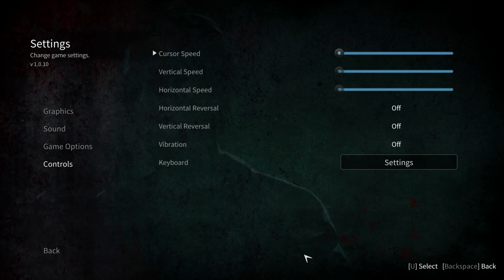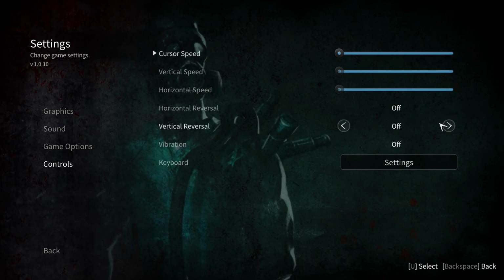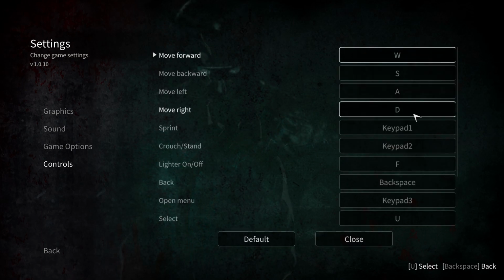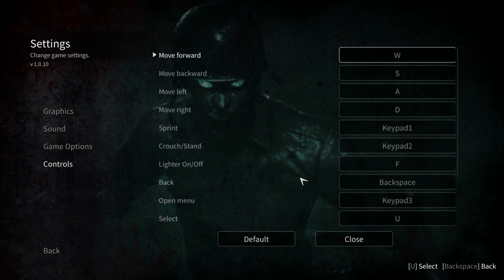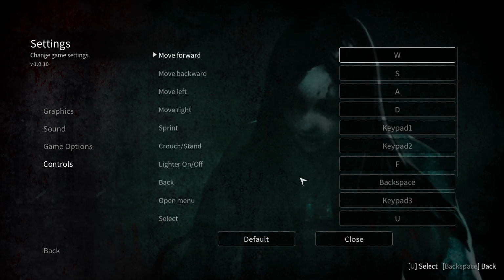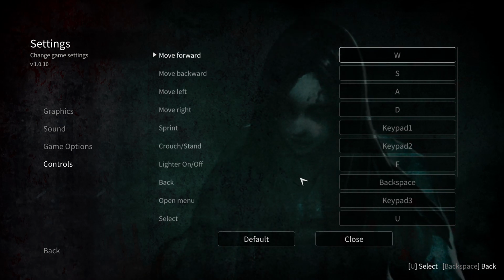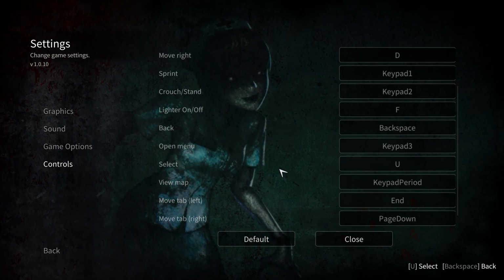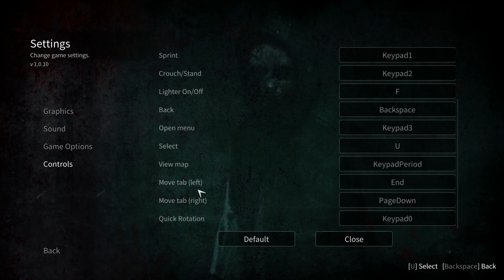And then your controls, your speed of the cursor, whether you want inversion, vibration, and then your keybind settings here. And you can see these are my options. You get forward, backward, left and right movement, sprint, crouching and standing, lighter or your flashlight on and off, a back button in menus, open menu, select or use key, view map, tab left or right in menus, and then